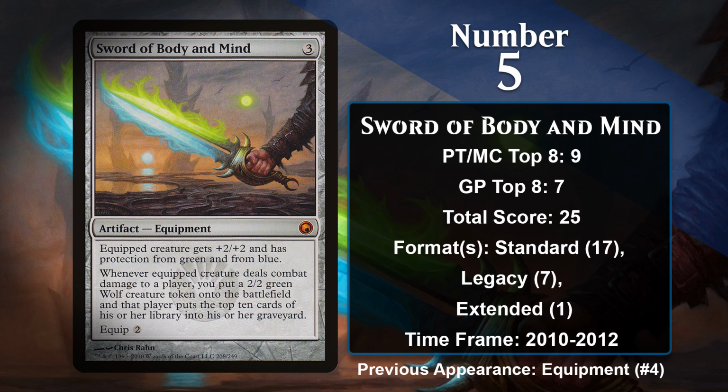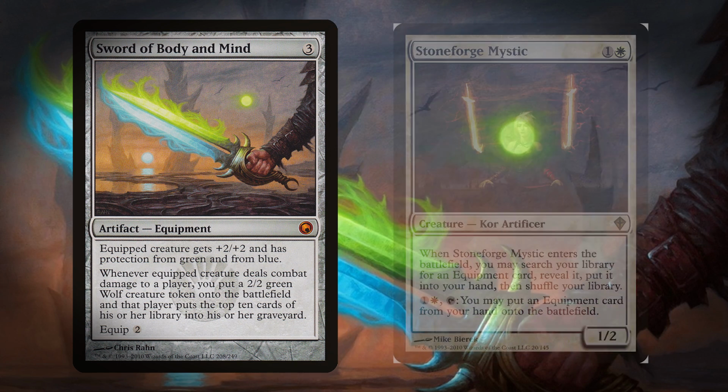In a lot of cases, that milling doesn't end up mattering all that much, because if you're hitting your opponent enough to mill their whole library, well, they've probably taken enough damage to be dead too. But it does provide a win condition against an opponent who has managed to gain a ton of life or something. Like a lot of equipment, it mostly has seen play in formats where it could be played alongside Stoneforge